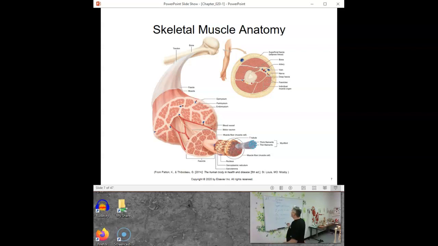Then we get down to this kind of thin, kind of strong layer. And it's kind of wrapped around everything, like the entire leg, let's say, if that's what we're cutting into. And that's superficial fascia. But then we notice the muscles themselves are wrapped in this thick fascia called epimysium. But we cut down through that and we notice there are muscular bundles within that are wrapped in perimysium. And then we break it down into little tiny fibers, and even those are wrapped with something called endomysium. It's all the same. It's all fascia. It's all the same stuff.